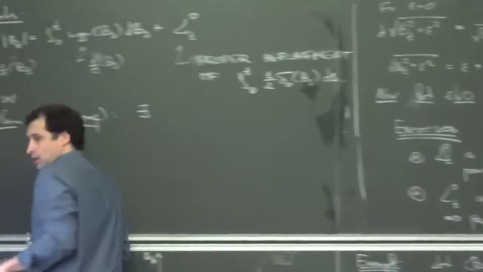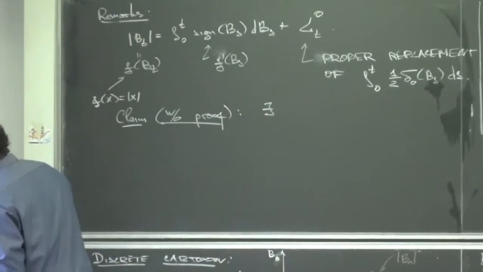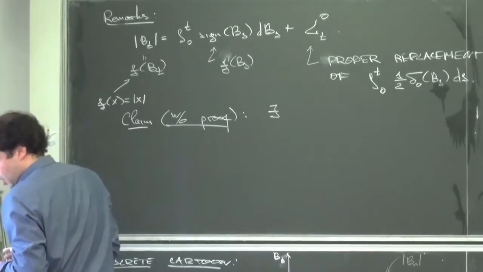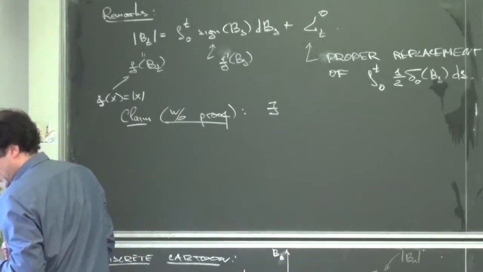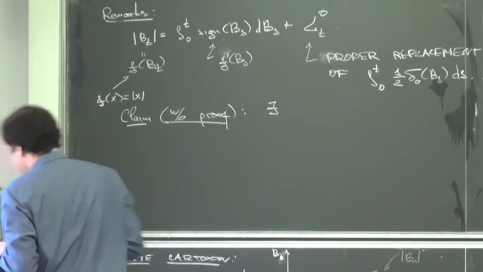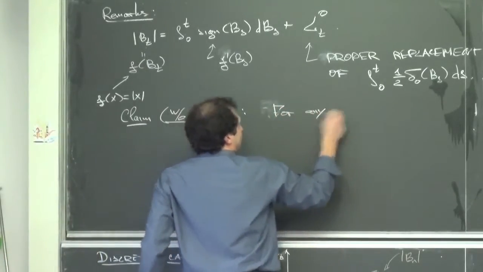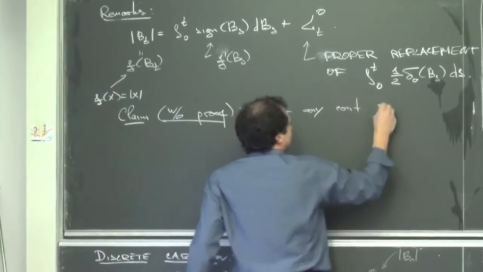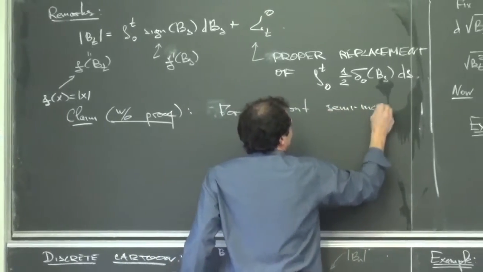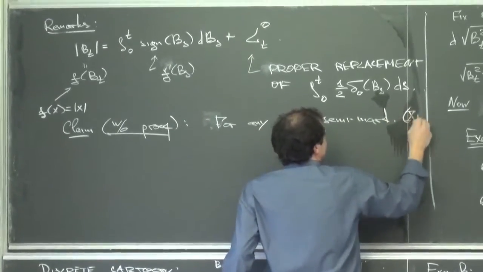So let me say it in a more formal way. So the claim is that for basically any continuous semi-martingale X_t,